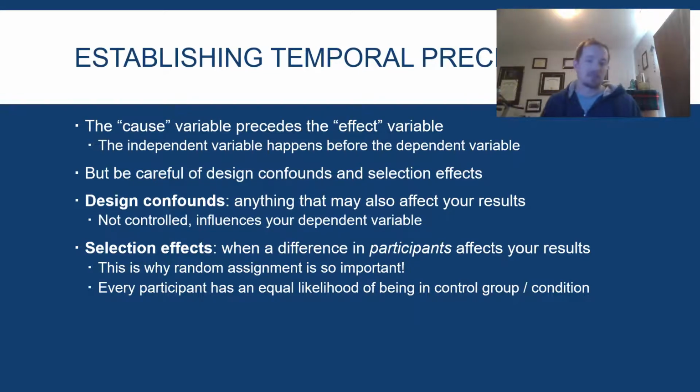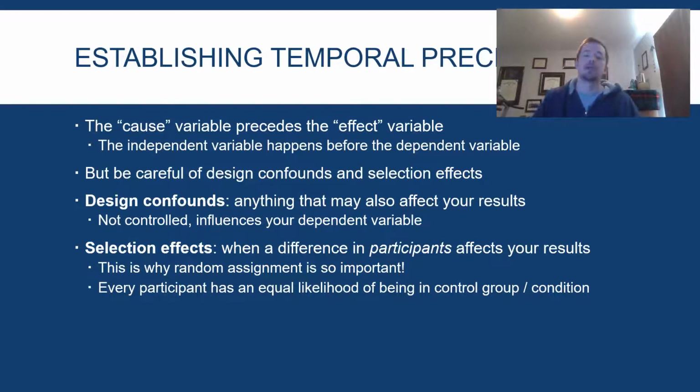So the third piece of this is going to be the design confounds, and this is going to speak to the internal validity of the experiment. When we talk about something that might influence our dependent variable, we're going to call that a confound. But it's also the same thing as a third variable problem. You may remember that from last chapter when we were talking about correlations and we talked about polar bear attacks and ice cream sales, right? We talked about how those things are correlated but they don't cause one another, right? We need to make sure that there's not something like temperature or heat or climate change that is affecting both of those things, right? That there's not a hidden variable there.